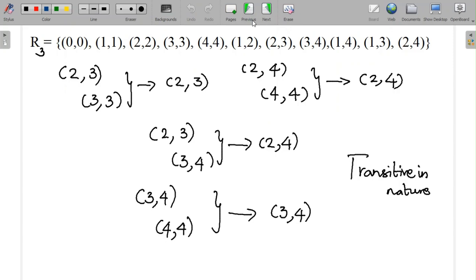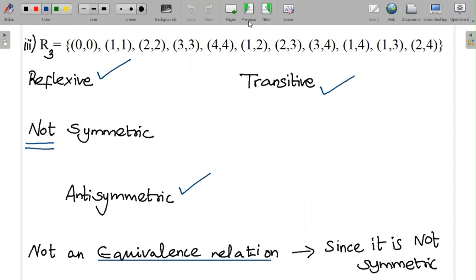There's only one pair that begins with 3. 3, 4 and 4, 4 should result in 3, 4, which means 3, 4 is also present. So we have considered all possible choices of A, B, and C, and therefore we conclude that R3 is in fact transitive in nature. So to sum up, we see that our relation R3 is reflexive,